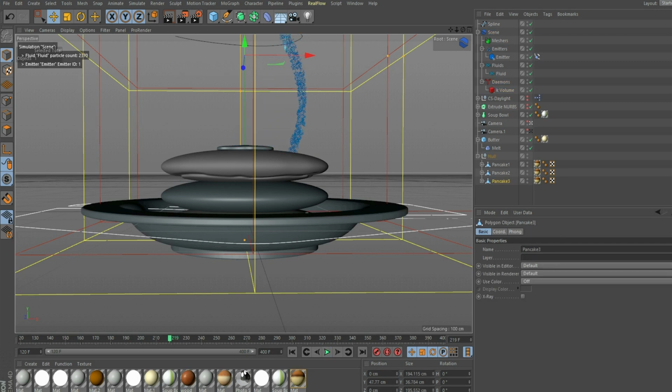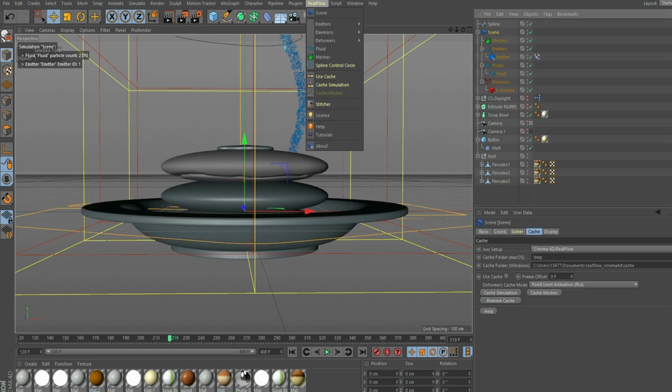Now let's go ahead and add a gravity to the scene also. RealFlow, we'll choose this, and we'll choose gravity. So you have them like